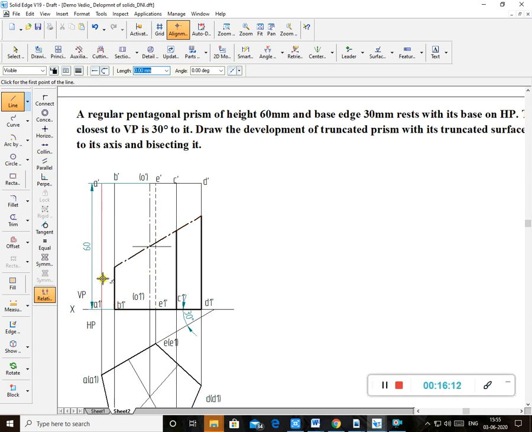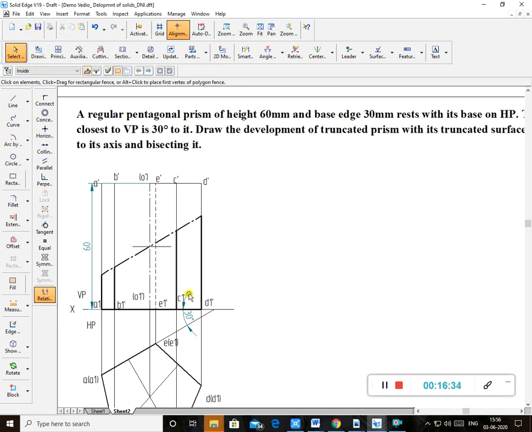Sorry, I have not extended it. I have to extend this line up to here. Then I have not shown this here, so I will show this one. From here to here, extend, and some portion is hidden. I make this dark.